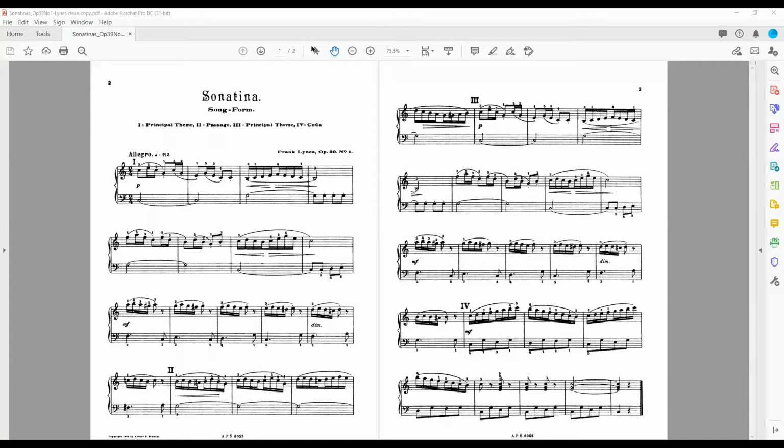So let's get started. The first thing I'm going to look for are measures, sections that material is repeated verbatim. Most masterpieces have material that's recycled, but we're looking particularly for repetition, so I don't have to learn 32 some odd bars that are presented here. I just want to look for the smallest sections possible so I can recognize these sections and patterns faster. So the first thing that I'm going to notice